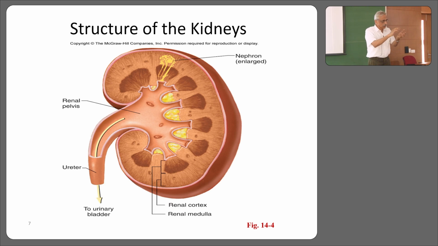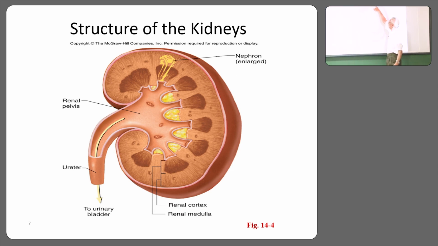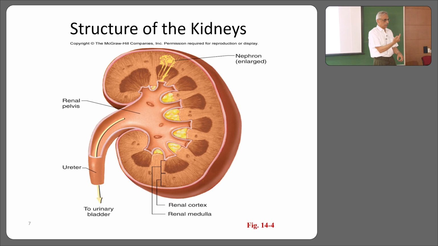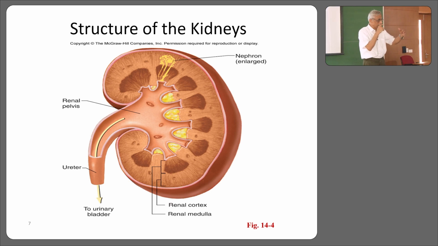The tube curves several times, and then it goes straight into the medulla. So you can see that it goes into the medulla, and then it comes up. So the descending limb, loop of Henle, comes up, ascending limb, okay, then distal convoluted tubule, and then collecting duct, and then finally it will go.